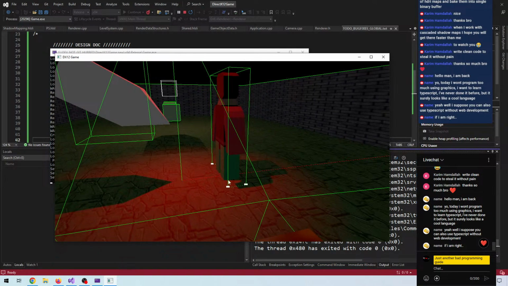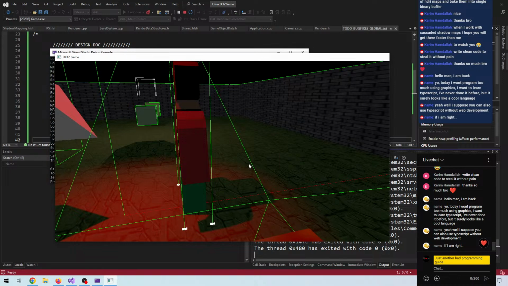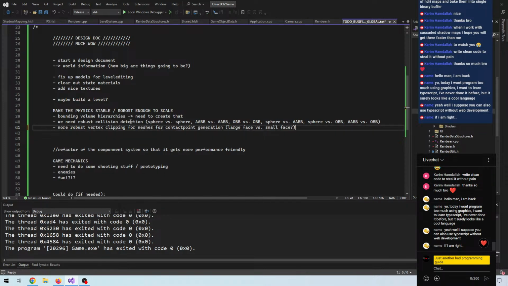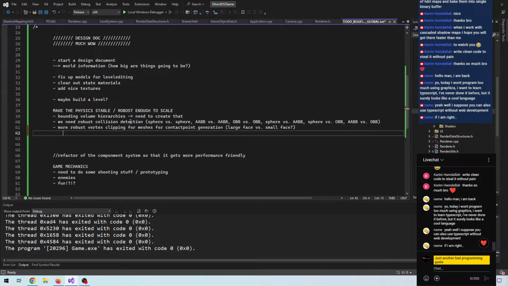It would potentially also make him a bit more unstable. So you want your vertex clipping to be able to handle different sized planes, and find the most appropriate contact points on those two colliding faces. And you do that by vertex clipping and plane clipping, plane and vertex clipping here